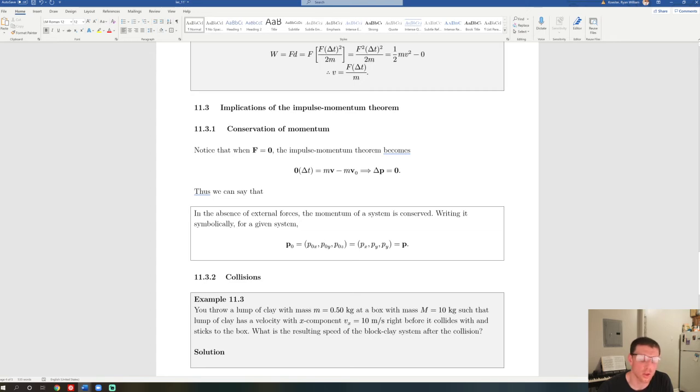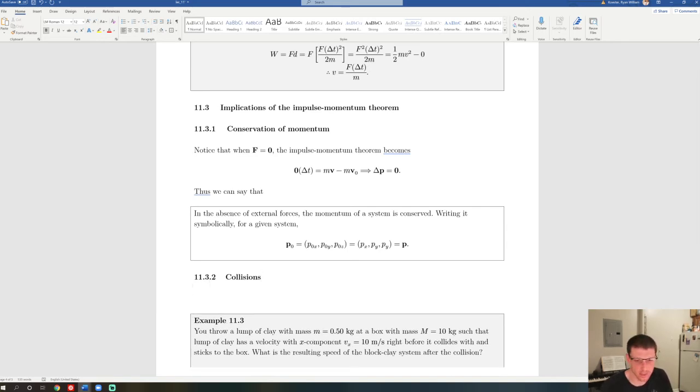I want to talk about collisions now, and I probably should have said this when we were talking about kinematics, but better late than never. I'm going to say a collision is simply when two objects are in the same, or I should say at the same position